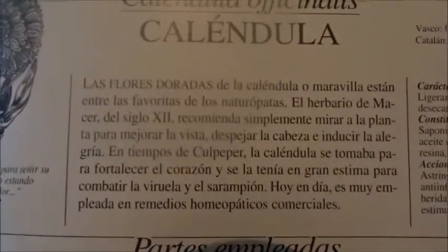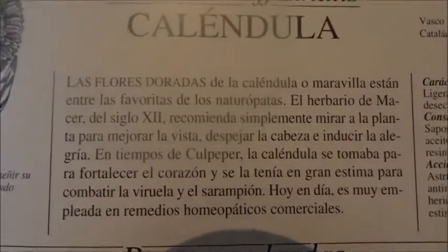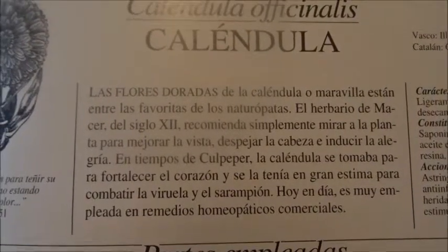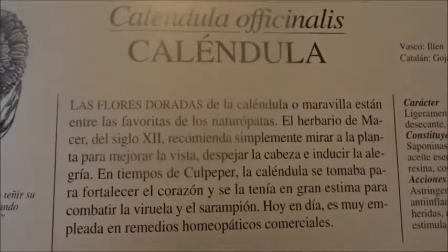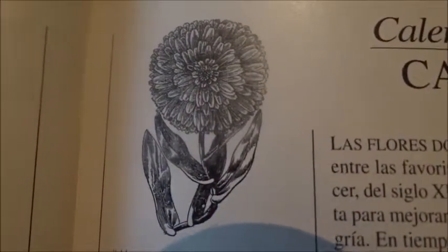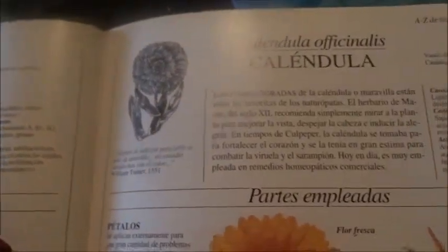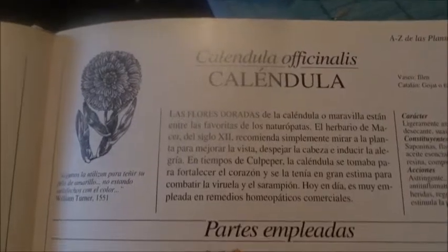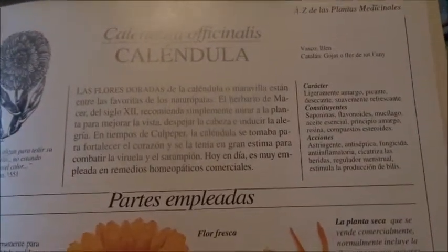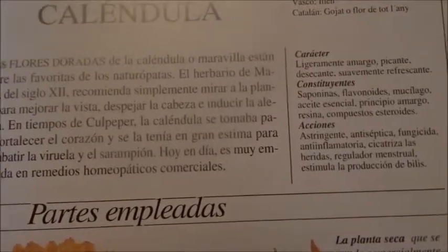What does it say here? Well, the golden flower, called Calendula in Spanish, is one of the most favorite flowers for the healers of nature plants. It says that in the 12th century they recommended even just to look at it, to watch it, to get away from extra thoughts and to produce more joy in your heart. It's for the strength of the heart,